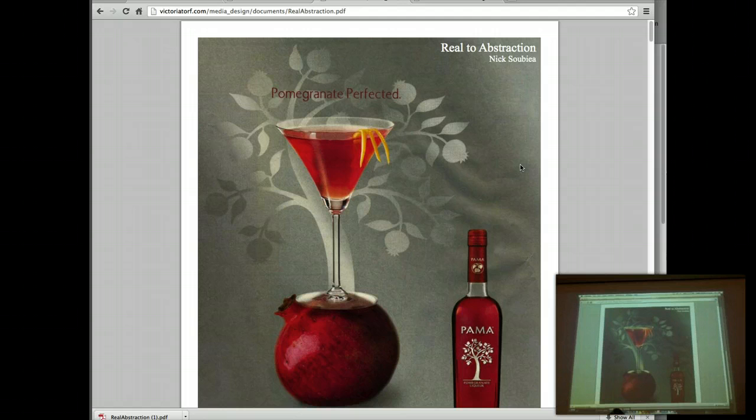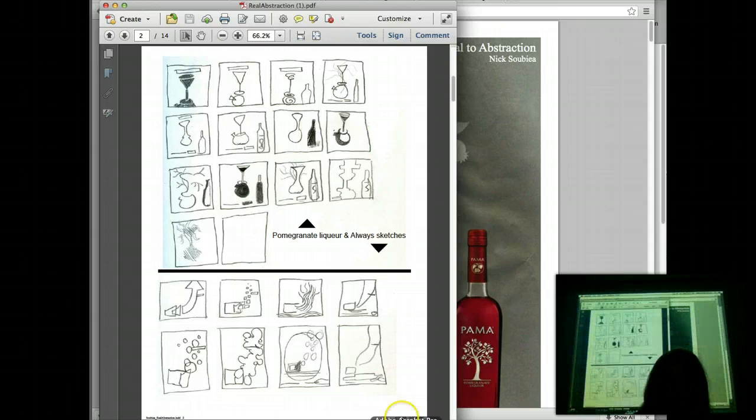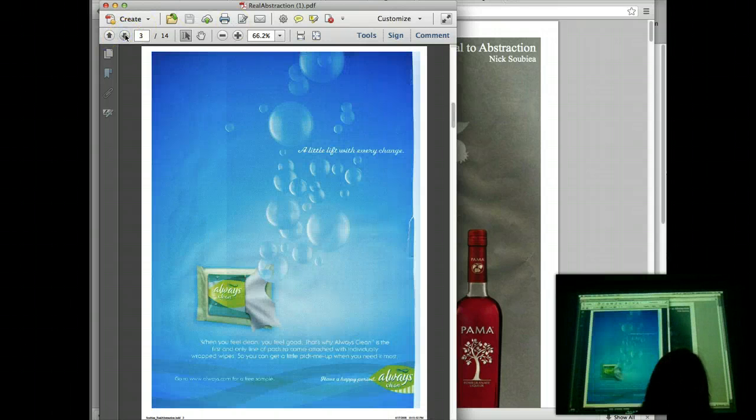Let me turn the light off more so it's carrying through. And you're going to create all of your thumbnails to focus on positive, negative, and darks and lights, and get the essence of a curve. So you're going to have to look at it super carefully. You might want to turn it sideways when you're doing it. You might want to turn it upside down so it becomes less recognizable, so you stop thinking about what you're really looking at, because you start to translate it.